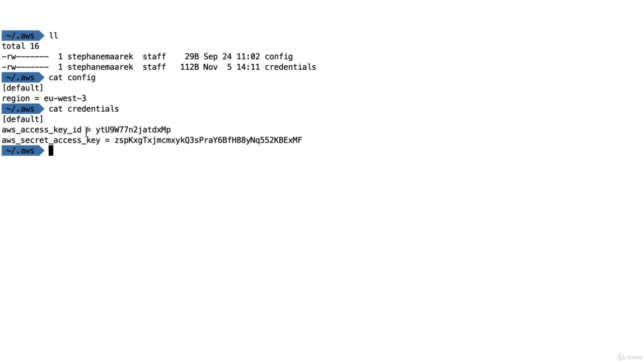For this, we'll use something called a profile. Profiles are quite special to use. Basically, what we have to do is define a name for a new profile, configure it, and then we'll be able to use it in any command line.